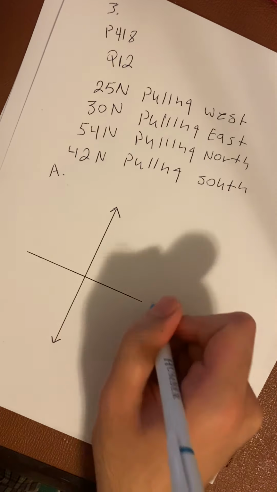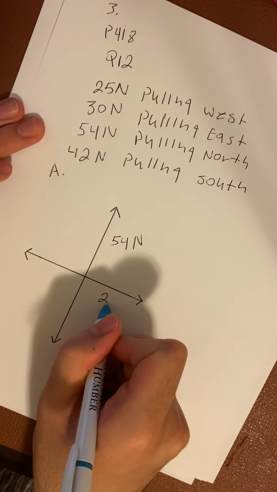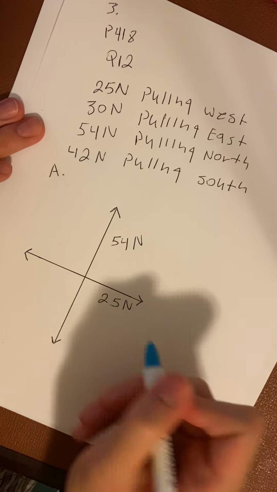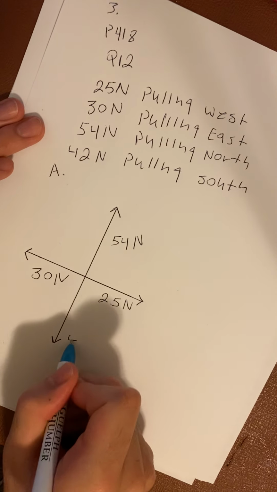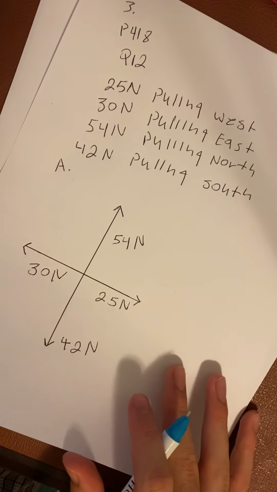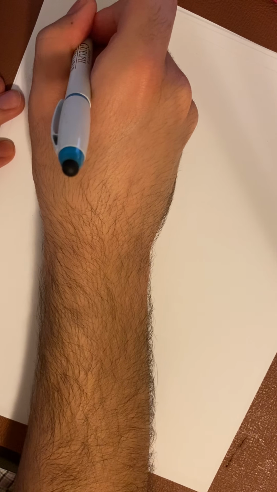We got our 54, and right here 25, right here 30 on the east, right here 42 right there, and then that's A. And then for B, calculate the resultant and the equivalent of these forces. So we have to calculate those forces. So B,